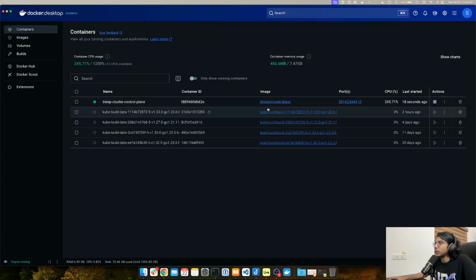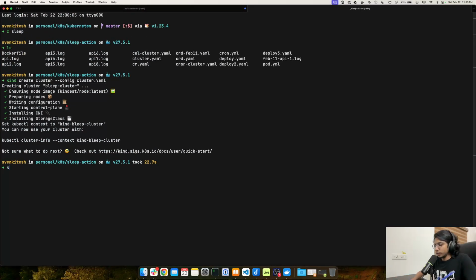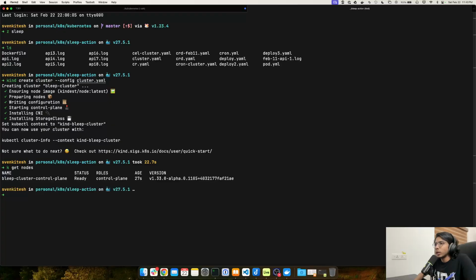And we can see that we have a container running called bleep cluster control plane, and it is running the kindest node latest image, and it just started 30 seconds ago. So if I do k get nodes right now, I can see that kind automatically created the cluster and updated the kubeconfig file for me, so I can start working with my cluster